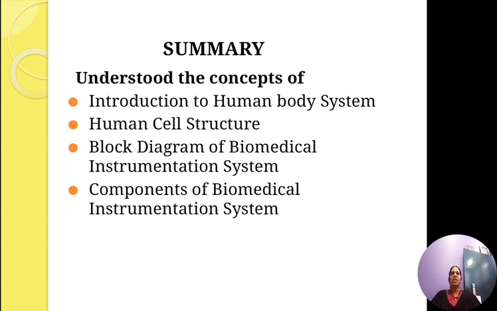Then we have the display system. The display system provides a visual representation of the quantity as a displacement on a scale, on the chart of a recorder, on the screen of a CRO, or in numerical form. Lastly we have the data storage and data transmission. Data storage is used to store the data and can be used for future reference. Data transmission is used in telemetric systems where data can be transmitted from one location to another remotely located location. Also you can transmit that information.